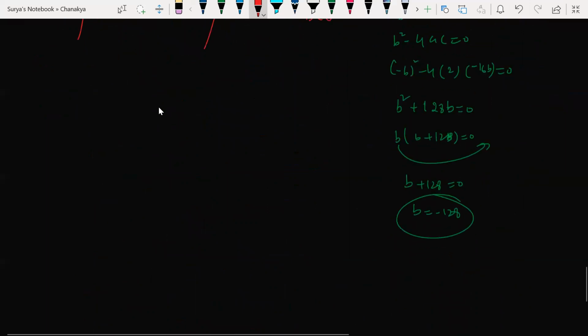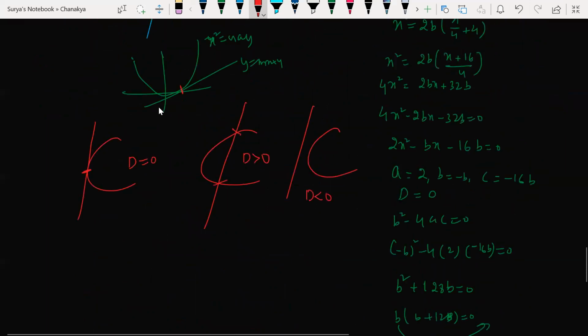How simple it is, look. Guys, when to use discriminant: whenever he is talking about a tangent. If a line touches the parabola at 2 points, it means discriminant greater than 0 is to be used; a line not touching the parabola means discriminant less than 0 is to be used. Most of the cases, beta, most of the cases